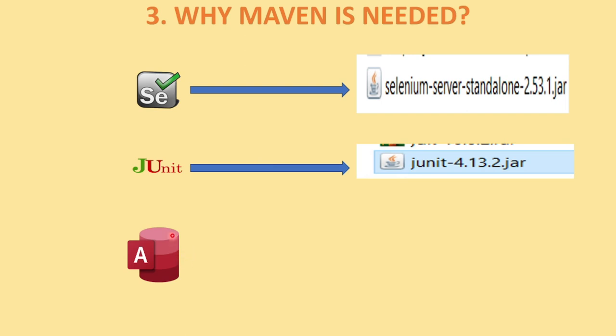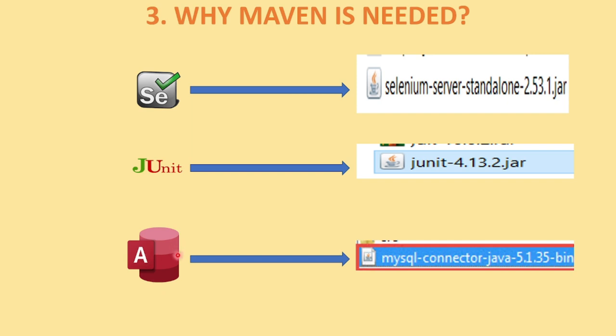If you are doing a project with a database connection, like you are using the MS Access database, this is the icon of MS Access database, then you need a MySQL connector Java file to be added inside your project, without which your project won't get connected to the database and you won't be able to run your project successfully. All these jar files or third-party library files need to be added inside your project when you're writing a Selenium test script or JUnit test script, or when you want to do an MS Access database connection. Your project is a database project which needs a database connection.